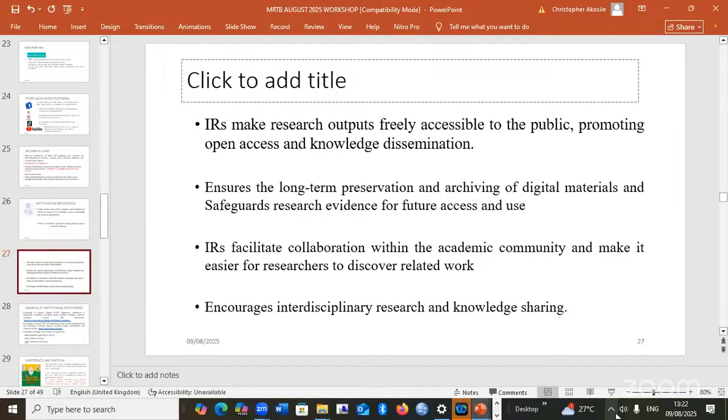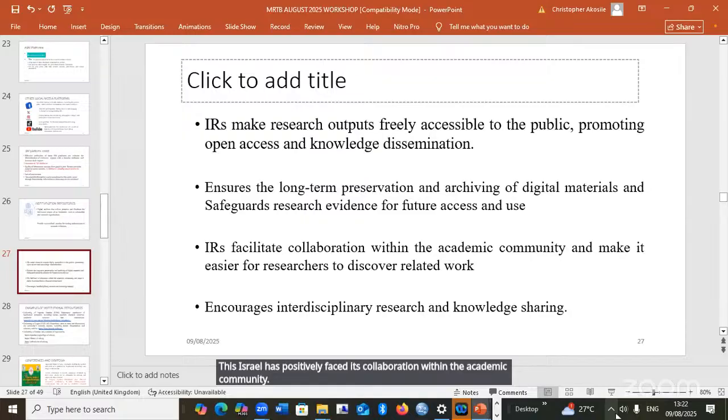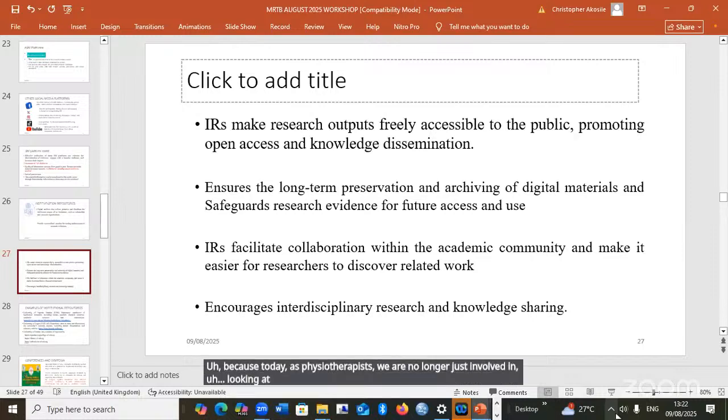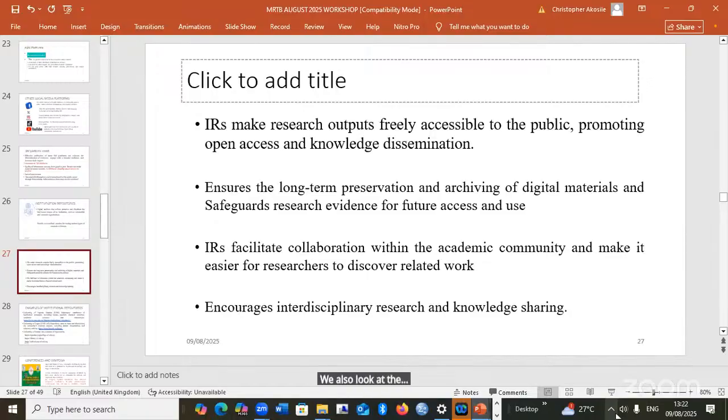These institutional repositories facilitate collaboration within the academic community and also make it easier for researchers to discover related work. What people have done. So I can be in social sciences or psychology. Today, as physiotherapists, we are no longer just involved in looking at the physical component of health. We also look at the psychosocial implications of the conditions or health issues that we deal with.